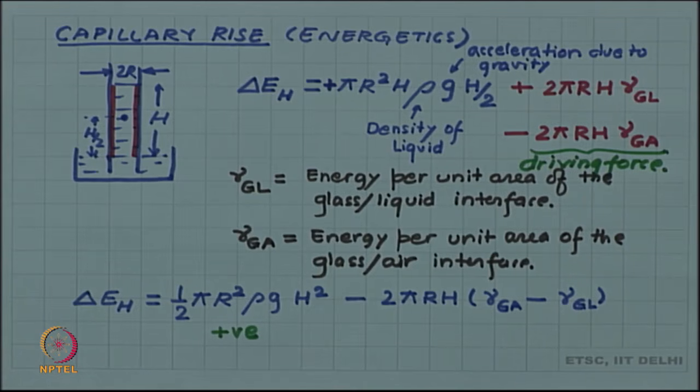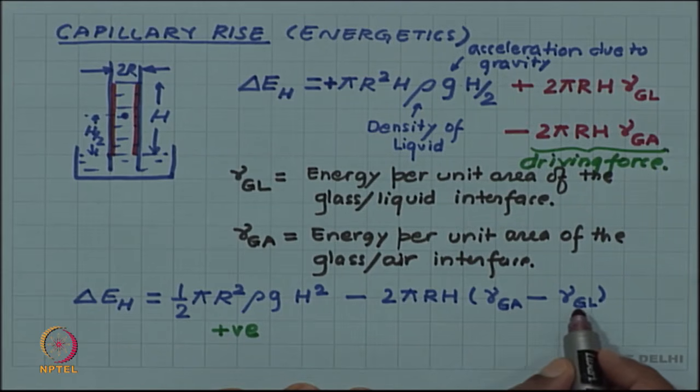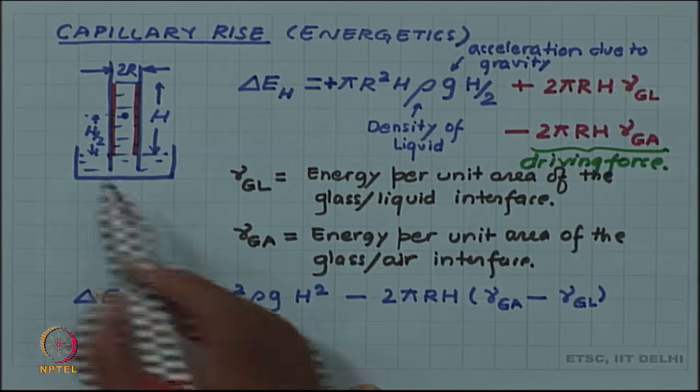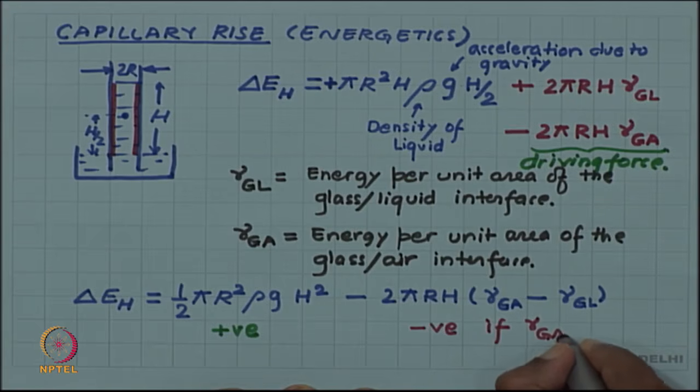The second term can be negative or positive depending on the sign of gamma GA minus gamma GL. If gamma GA is greater than gamma GL, so if the original glass air interface is having higher energy and is being replaced by glass liquid interface which is having lower energy, then this term will be positive and this whole term will then be negative and will be a driving force. So, negative if